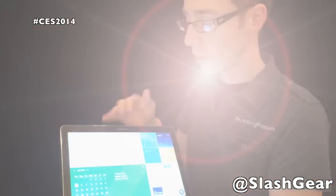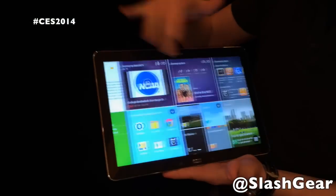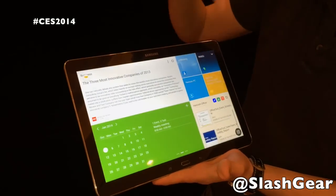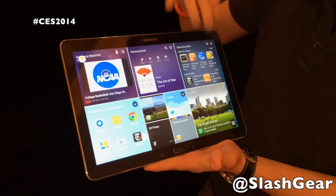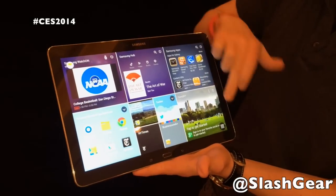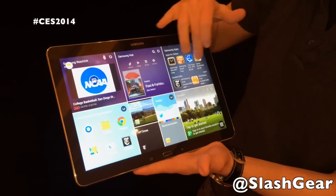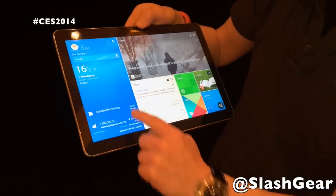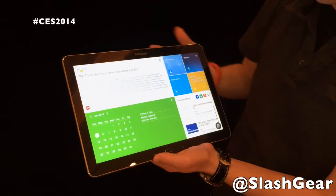Home screen layout. Samsung has given the new Galaxy NotePRO a new home screen layout, what it's calling the Magazine UX, and it consists basically of three default panes. There's a personal pane, a business one, and an entertainment, multimedia and social one. Each of these has different applications that you've used recently, downloads from the Samsung Hub, for instance, links to Google Plus or Twitter, applications that you commonly use, your calendar and inbox, and then on the business side